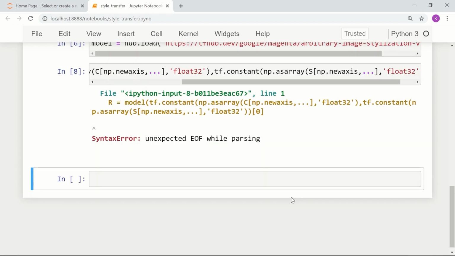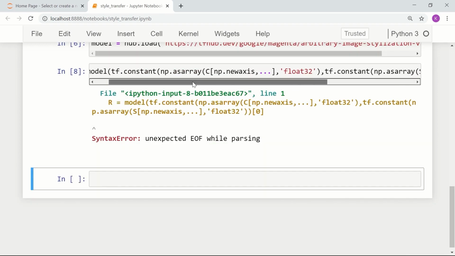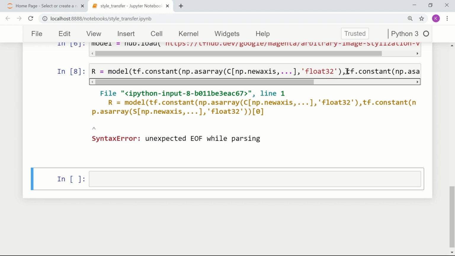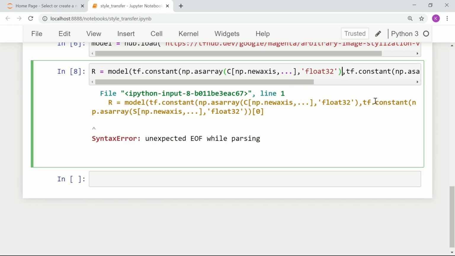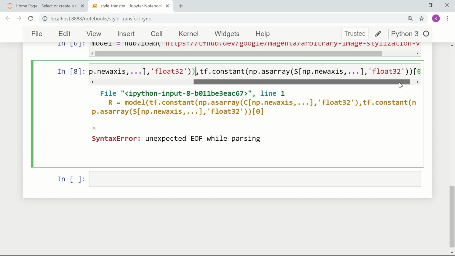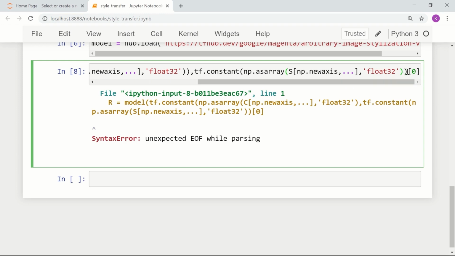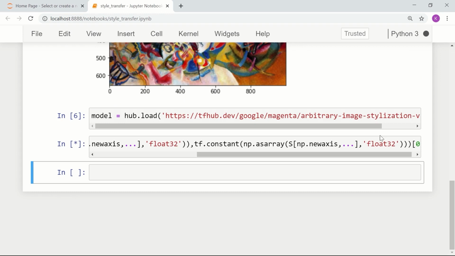It requires float32. I guess I mixed up the parentheses and stuff. So np.asarray of this, where is tf.constant? That is tf.constant, and then we have this tf.constant, and that is for the function, I guess. So that works.